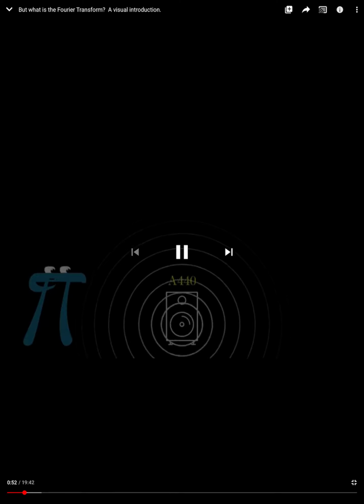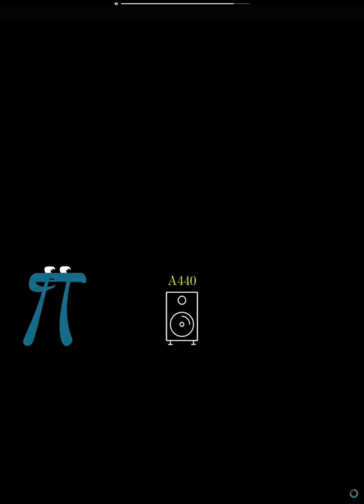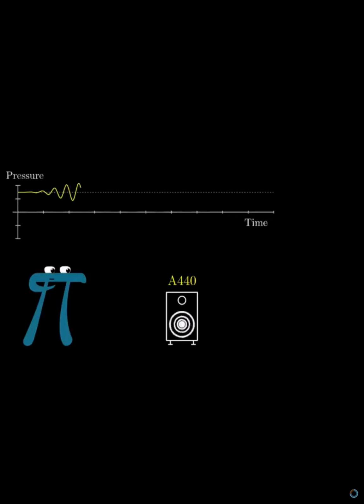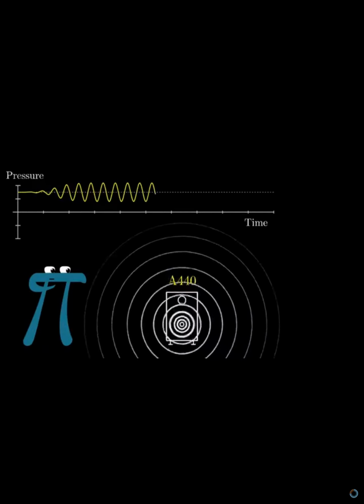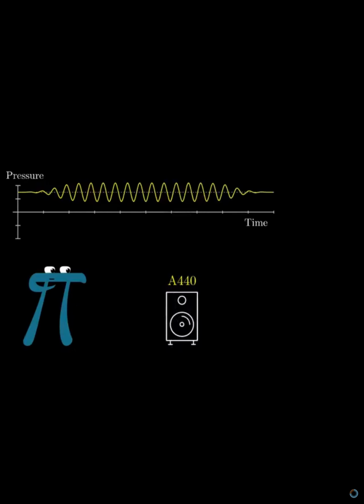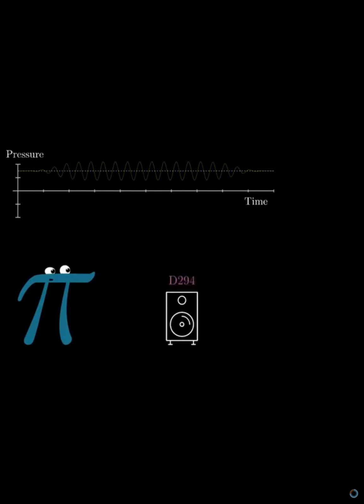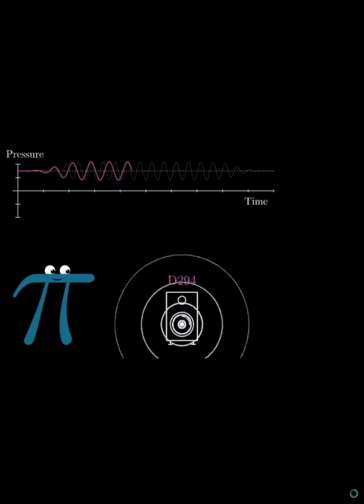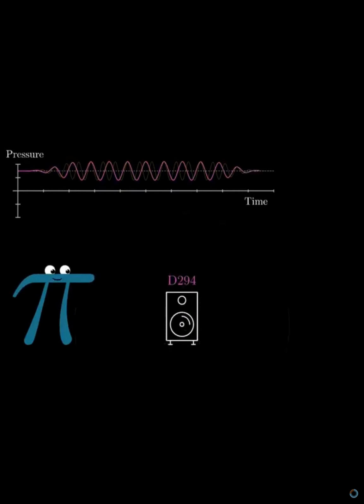So this sound right here is a pure A, 440 beats per second, meaning if you were to measure the air pressure right next to your headphones or your speaker as a function of time, it would oscillate up and down around its usual equilibrium in this wave, making 440 oscillations each second. A lower pitch note, like a D, has the same structure, just fewer beats per second.